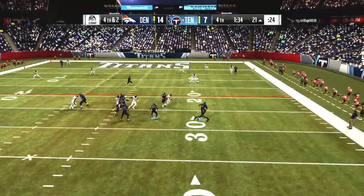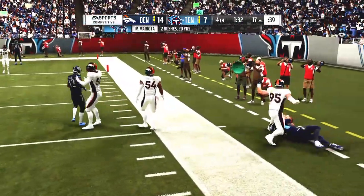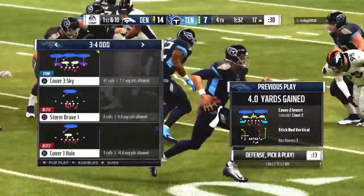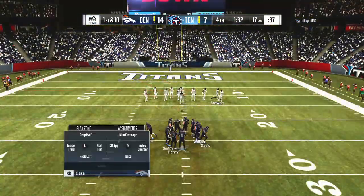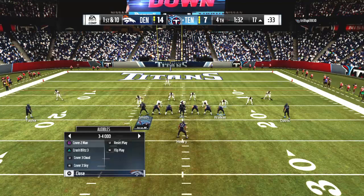Desperation time. Mariota on 4th down. Escaping the pressure right. He may try and run for this. They keep the game alive, at least for the moment, as it's a first down. Late in the game, defense trying to avoid a big play. He's able to work out of the passing game, turn it into a run, pick up the first, and stop